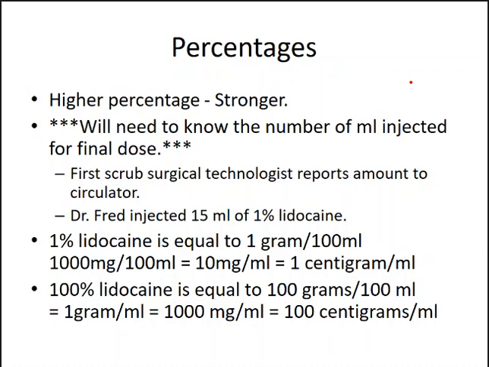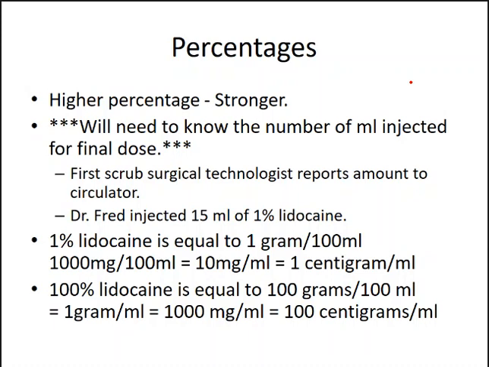So they're not looking to inject a certain number of milligrams. They're looking to inject 1% lidocaine until it's sufficient to localize the tissue. So they're going to inject what they need until it's numb,